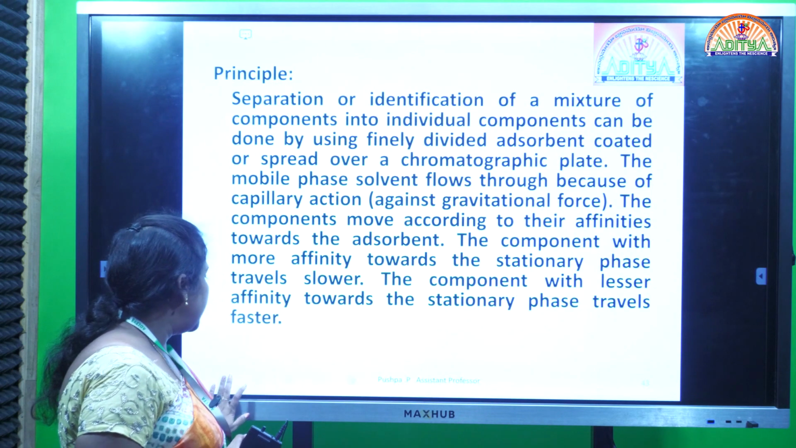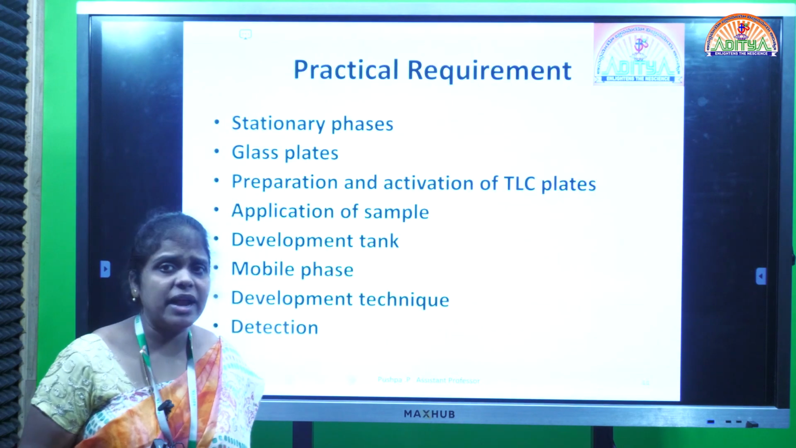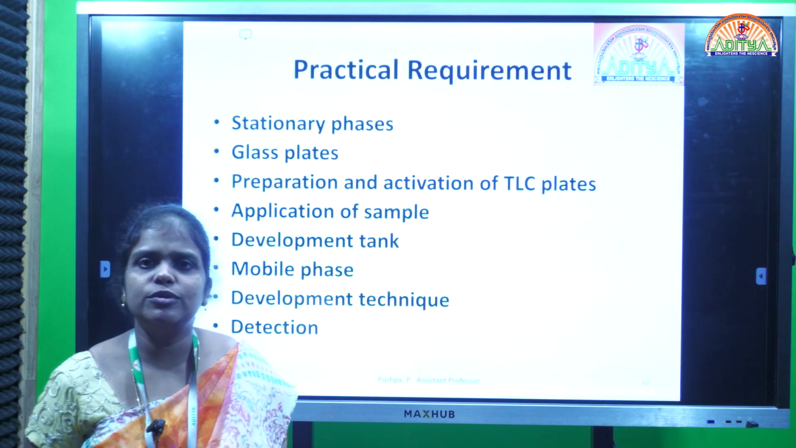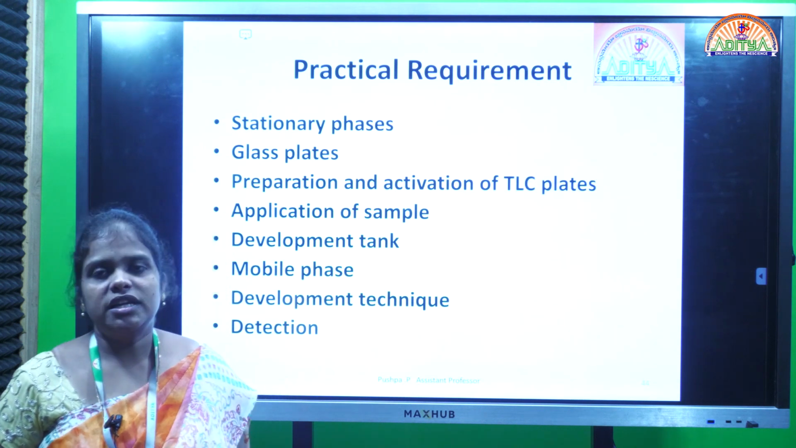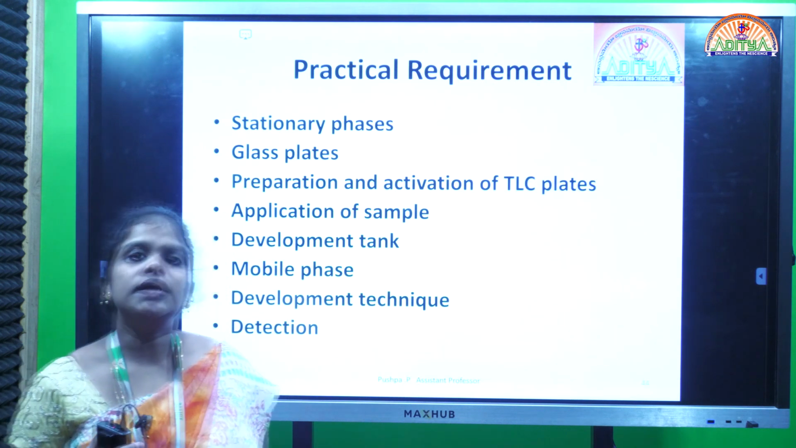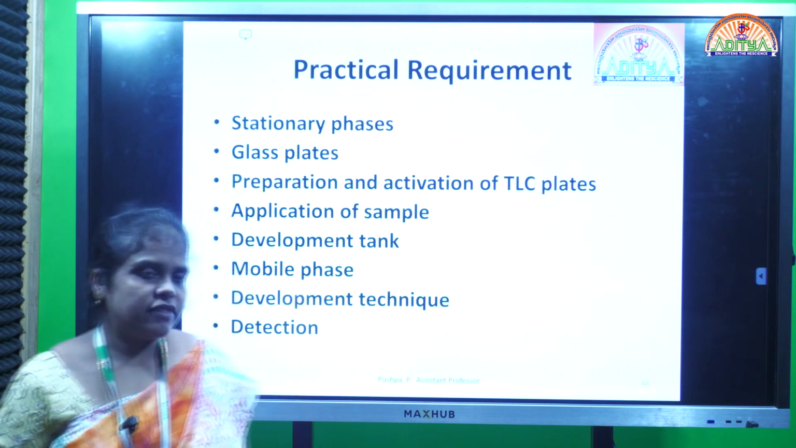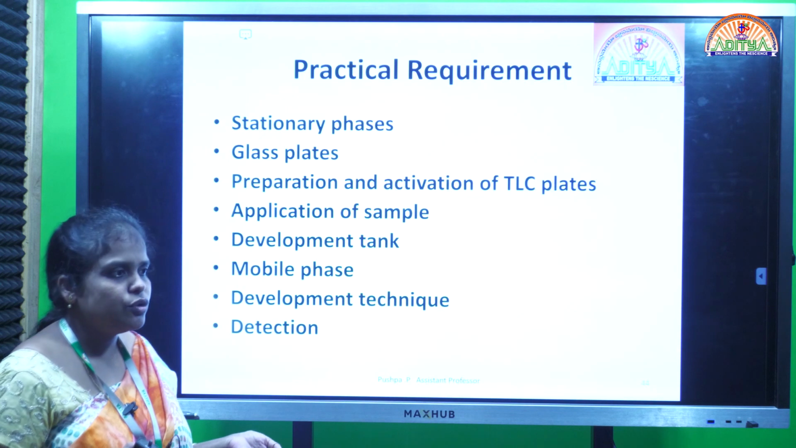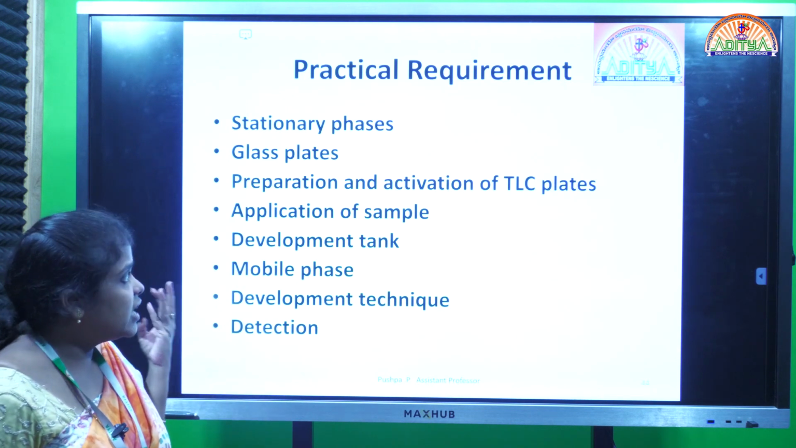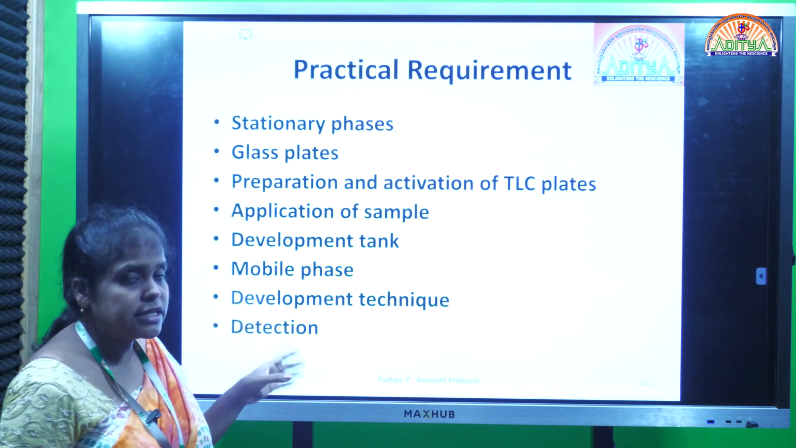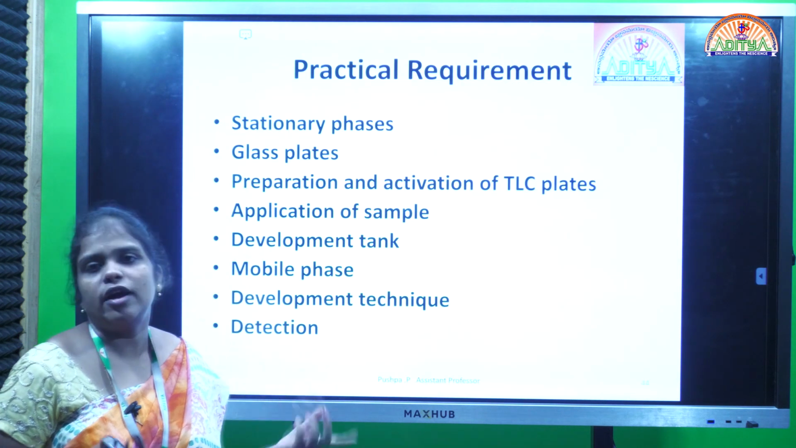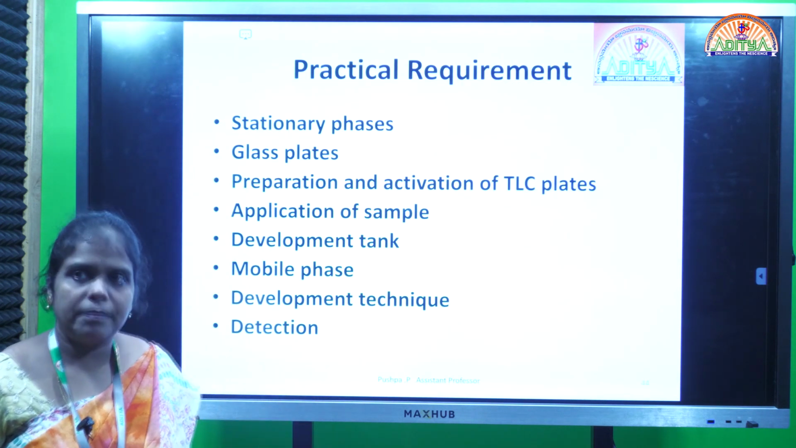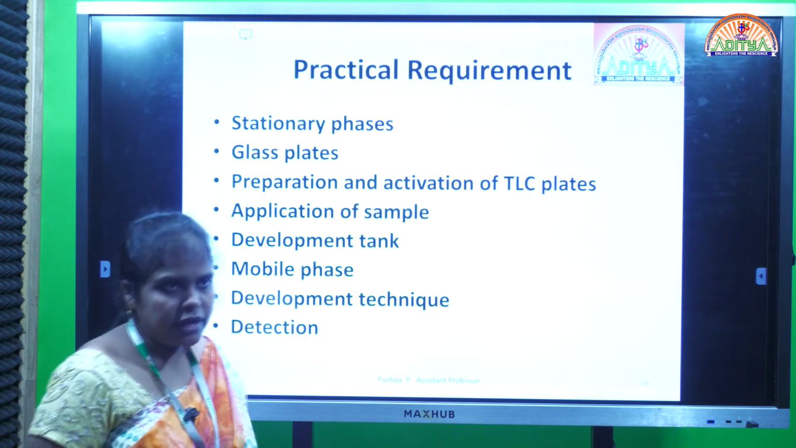And coming to the next thing, what are the practical requirements? That means how we will do thin layer chromatography. What are the different steps and what are the different requirements you will see. First of all, stationary phases. That means what type of stationary phases we will use, and what type of glass plates or TLC plates we will use. Mostly, as I already told you, we will take TLC plates, either aluminum plate or glass plate,